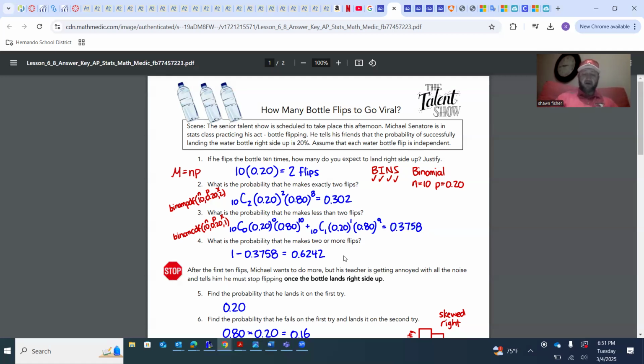That's binomial probability. We got trials. Out of this many trials, what's the probability of whatever success? That's how you word that. Now we're talking about